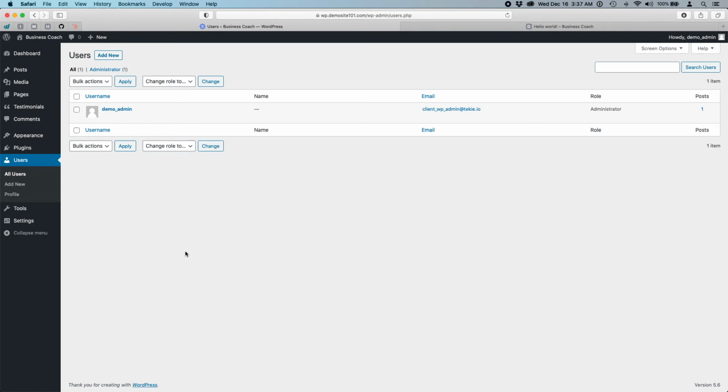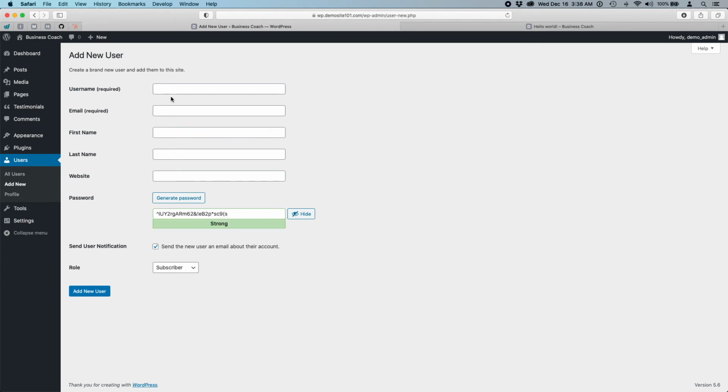All I want them to be able to do is to write a new post or article or service page or a new fixed static page or a testimonial or something like that. It's only for content. Okay, so I'm going to create a new user. We'll give them a name, and it might actually be their name, or it might be a title that they go by. So let's say we'll just call them Blogger 12. There you go. So we'll call them Blogger 12, and we'll say Blogger 12 at